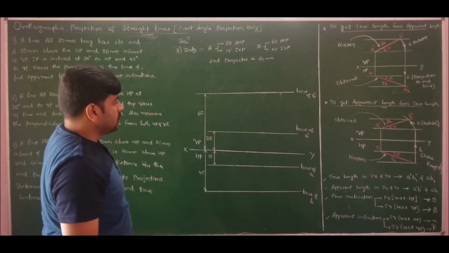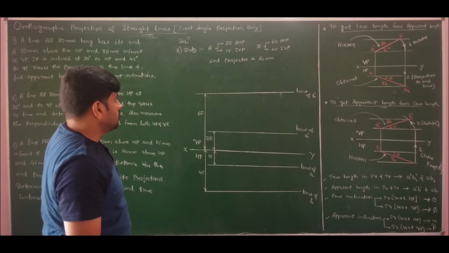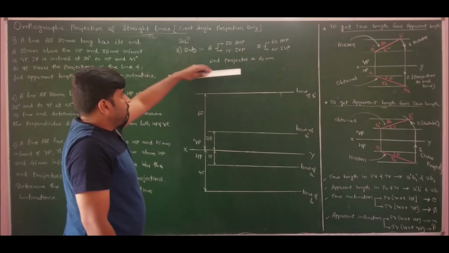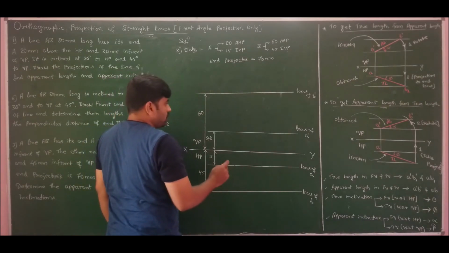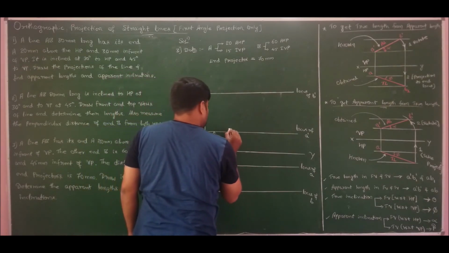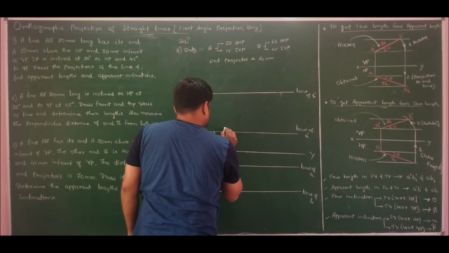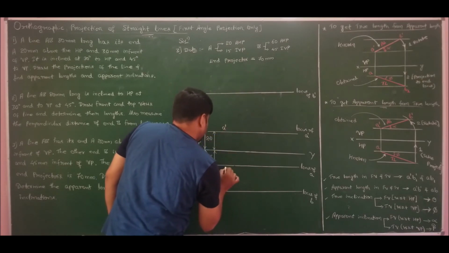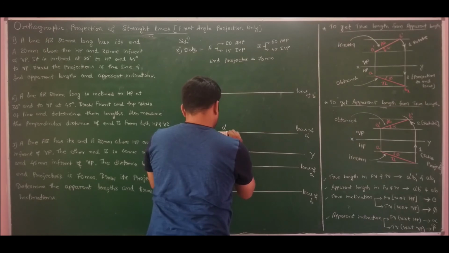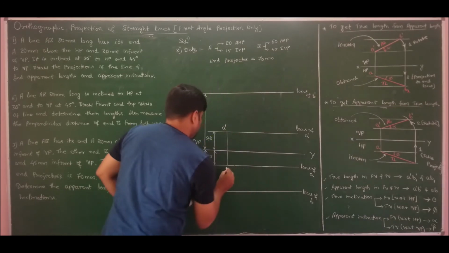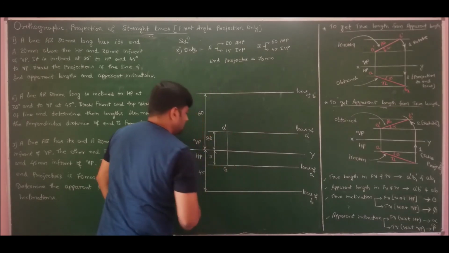So I have drawn all the 4 locus what he has given. We know the end projector distance, that is 70 mm. So therefore first we fix one end of the line, but we fix the ends A dash and A first. So fix A dash and A by taking projection. I have fixed A dash and A.